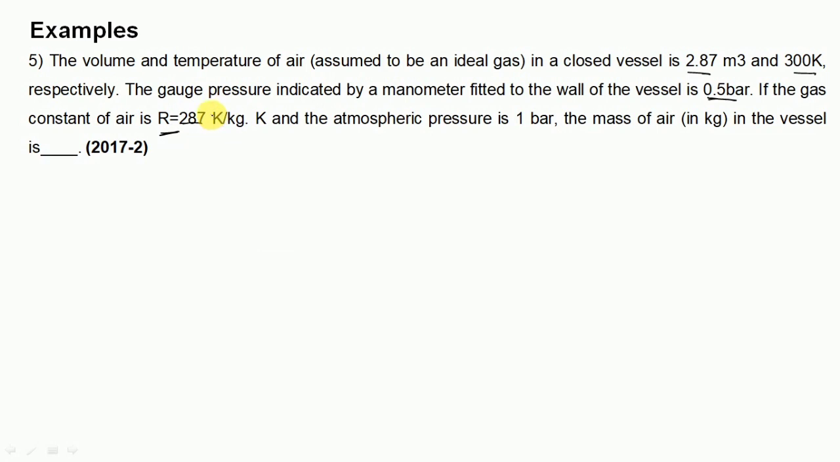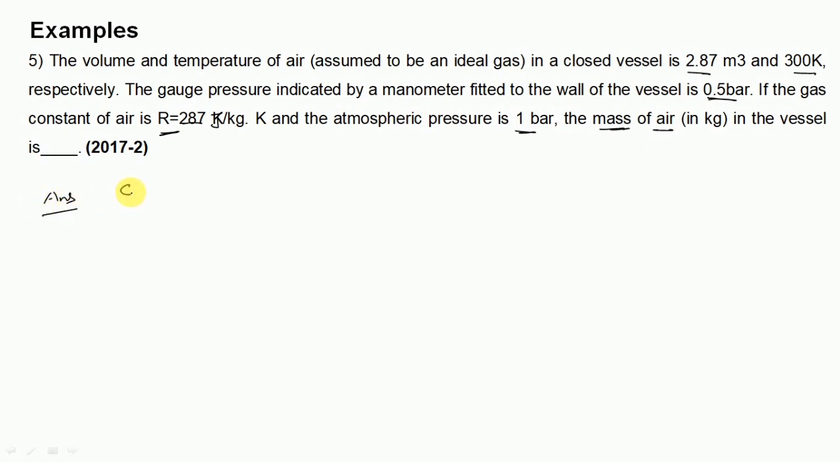Sorry, joule per kg into Kelvin, and atmospheric pressure is 1 bar. Atmospheric pressure is given as 1 bar. We need to find the mass of air. So the example is very simple. Here I write over here